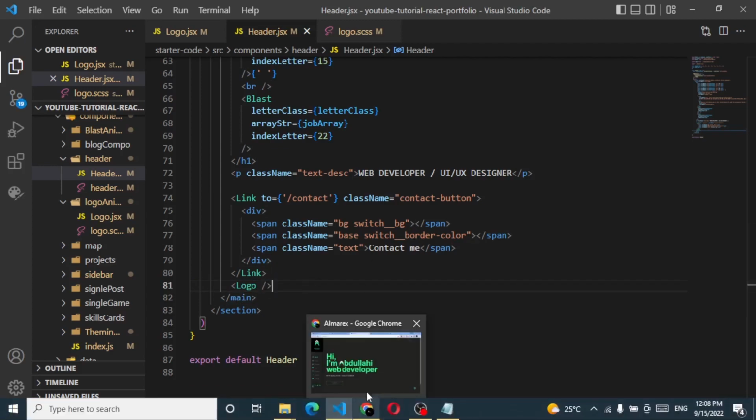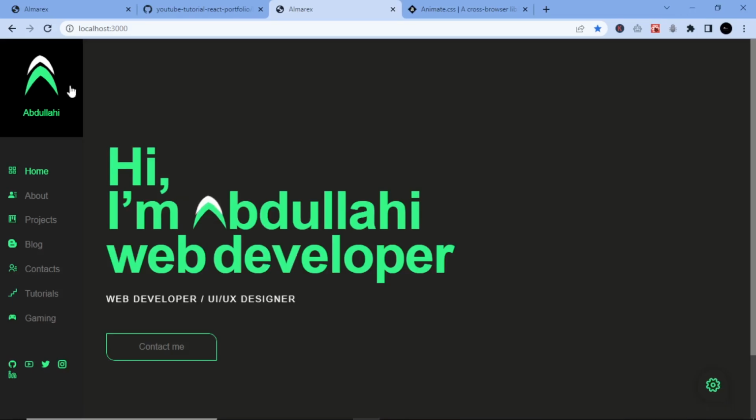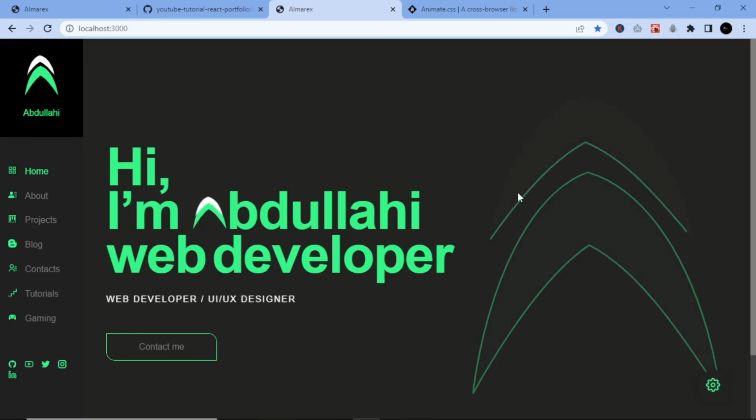If I navigate back to my web page and refresh, after the animation of this name, you will see the logo animation. So now you're seeing this amazing logo animation, and we'll slowly transition into the solid logo. So basically we have two logos on top of each other, and we are able to do that with the help of gsap animation. So I guess I have tried enough, and this is going to be the end of this